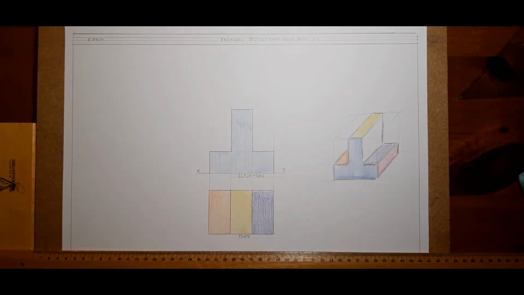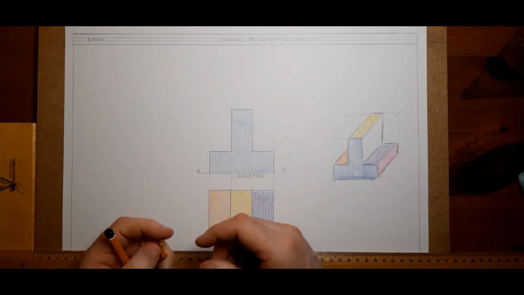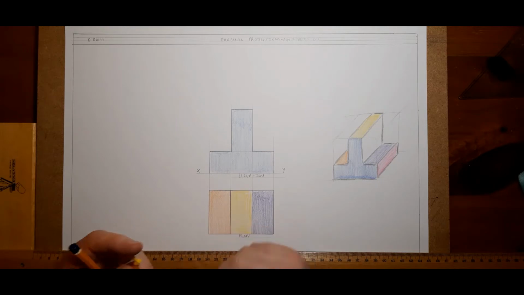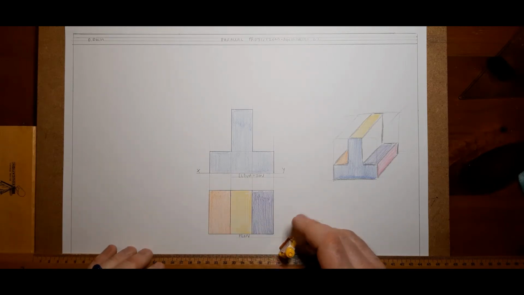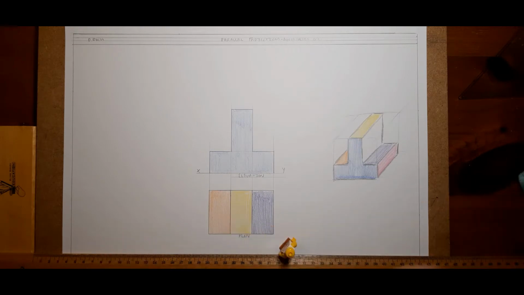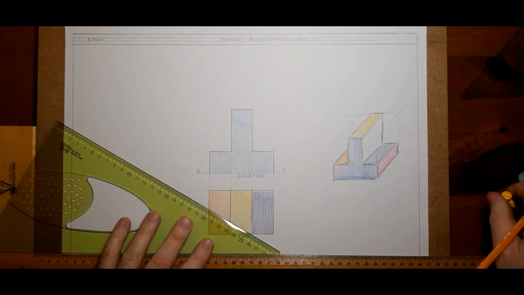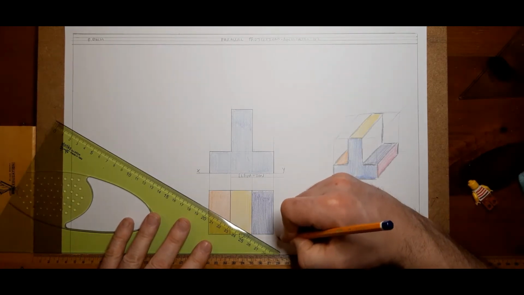Now, the question also tells us then that an auxiliary elevation with the viewing direction at 30 degrees from the right hand side. So that means from the right hand side, we are standing over here looking in at that, very similar to the last question. Okay, so viewing from this corner here,